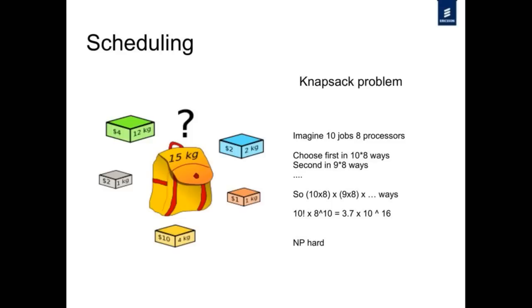Now, scheduling is actually a very difficult problem. If you saw the constraints talk Christian gave on Monday, this is an NP hard problem. It's a packing problem. Ten jobs on 8 processors is 3.7 times 10 to the 16th. It's an NP hard problem, and there's not enough time in the universe to solve these problems. So the best thing to do is not do it this way at all, but make sure that you've got lots of little processes.